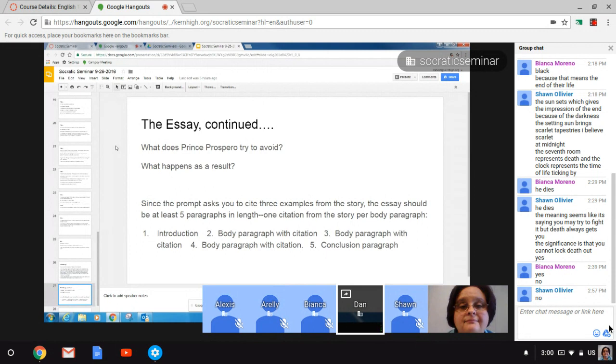If you want to write more, feel free to. I'd be happy to read more, but I just wanted to discuss the structure of the essay now. Any questions about that? One of the things I wanted to add was that remember that the prompt asks you to summarize the story, but that doesn't mean we want paragraphs and paragraphs of it. Just summarize the basic plot of the story, and probably the introduction is the best place for that to be. Good point.